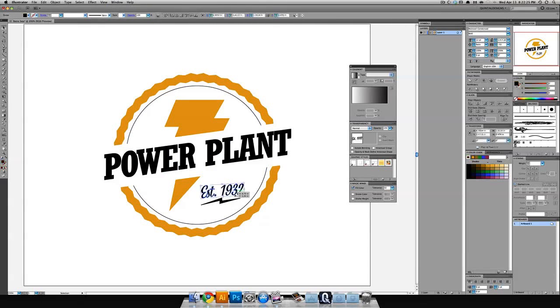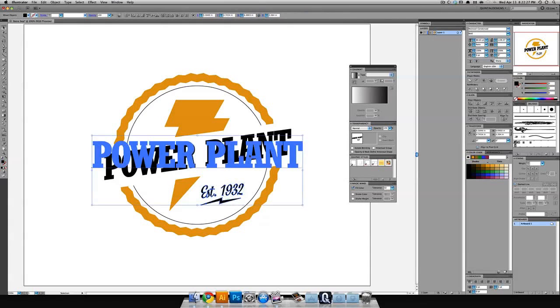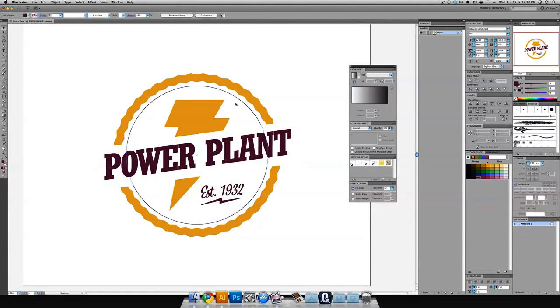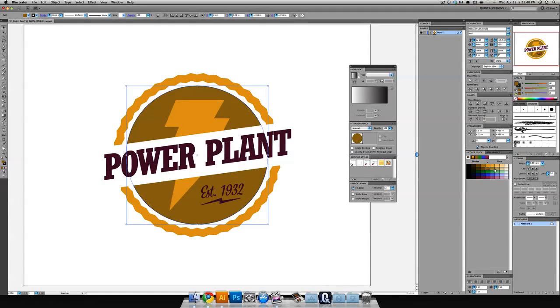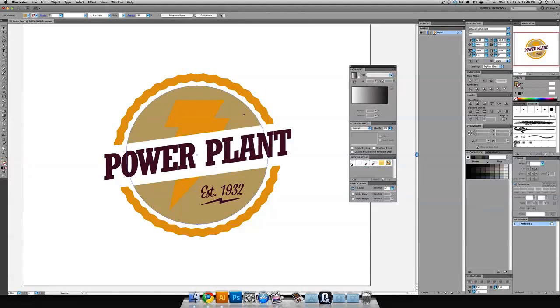The Established in 1932 and the words Power Plant, I'm going to go ahead and give that a darker purple color. And then the inside circle, we're going to give that sort of an off yellow, maybe even beige, and turn off that black stroke. You can see I'm having a hard time seeing that lightning bolt, so I'll go for something even less suggestive. Now it's suggesting a blue in that area,